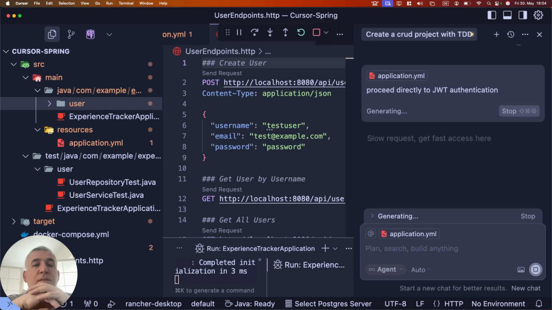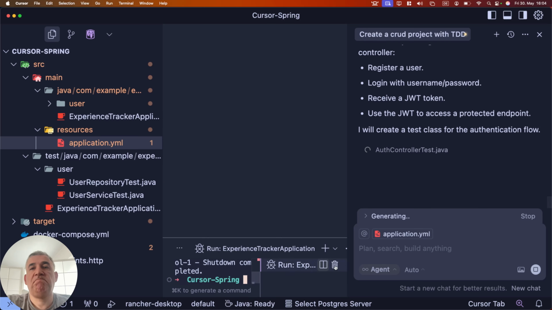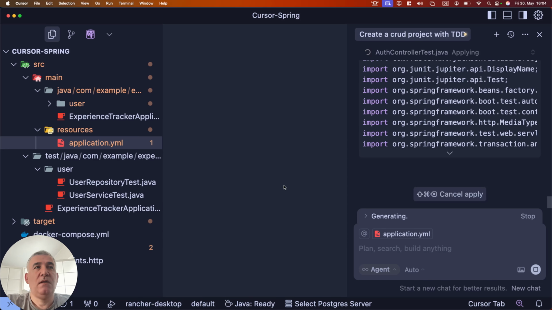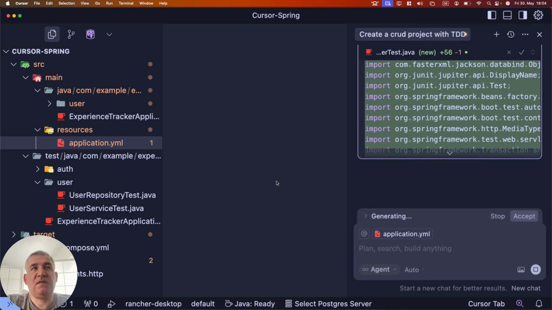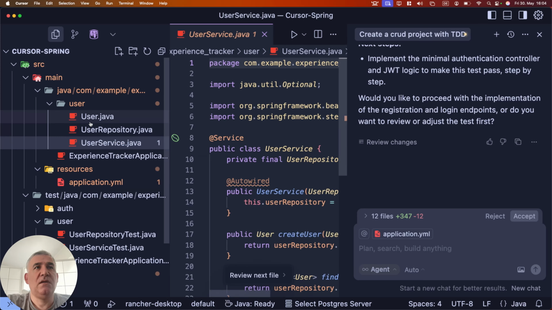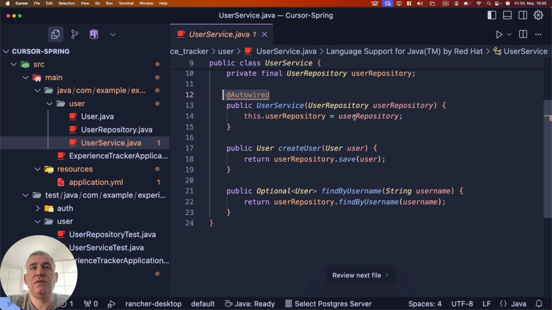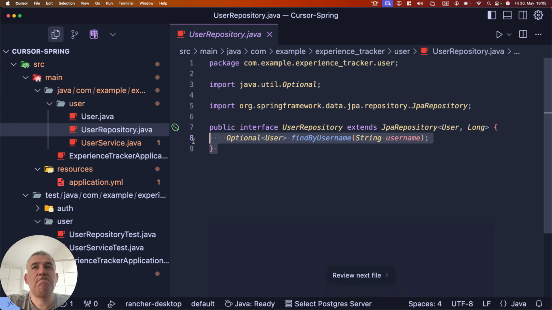Okay. Let's see. I can say it's about 5, 6 out of 10 or even less, because the code quality is not very good, as you see. It's not perfect. It's using AutoWire, which has been deprecated for a long time in Spring Boot. And